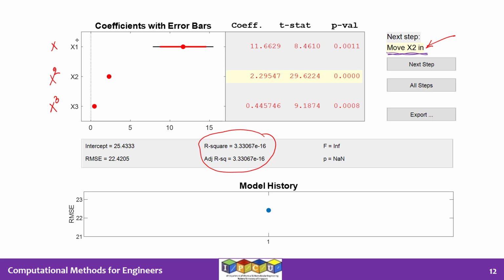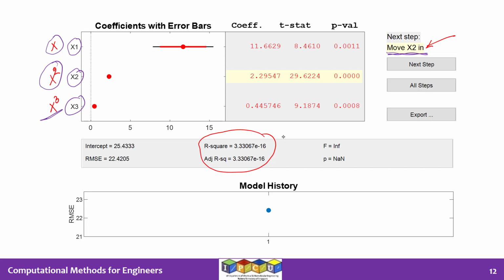And we note that x1 denotes x because that's the first column of the big X matrix. X2 is the second column of the big X matrix, which stands for X squared, and X3 denotes the third column of the big X matrix, which is the cubic term in the model. So that is what these things stand for. X1 is the same as X, X2 is the same as X squared, and X3 is the same as X cubed.